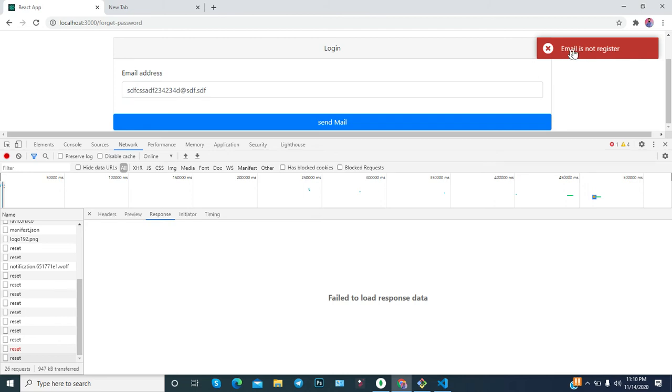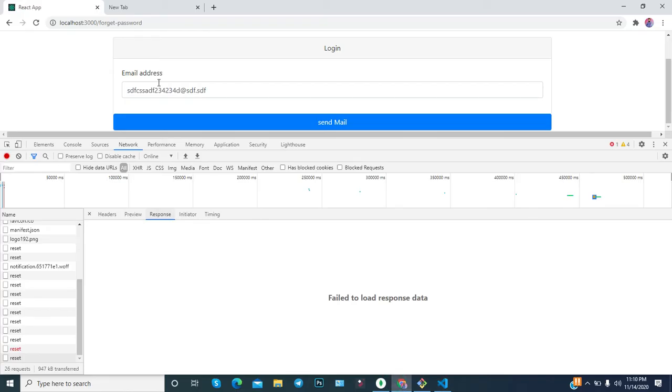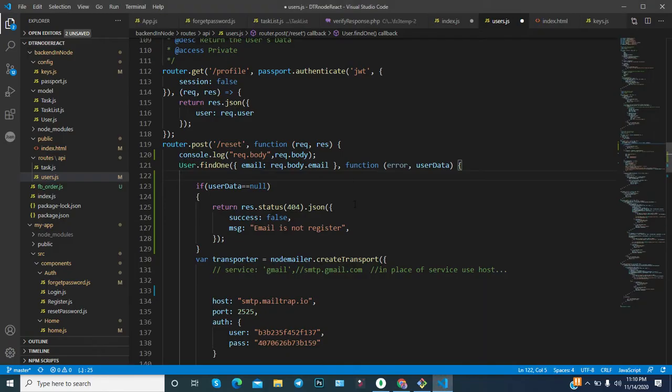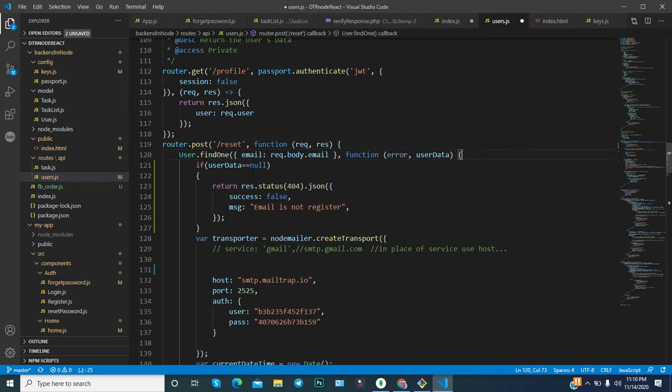So now you got that email is not registered notification because this if condition is executed and satisfied, and since you have returned something, that's why it comes. If the user is not found, again this is a random email ID and of course it is not registered. But for the registered email ID, the email will go.